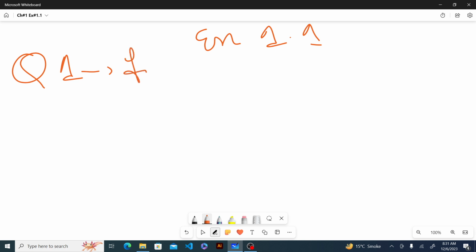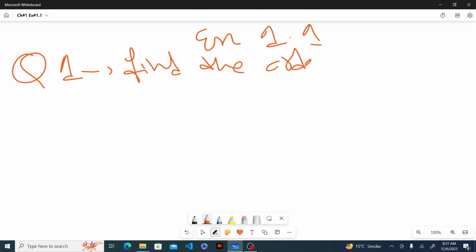Today we are going to do exercise number 1.1 of chapter number 1 of class 9. The chapter name is Matrices and Determinants, and exercise 1.1 is about introduction to matrices. In exercise 1.1, question number 1 is to find the